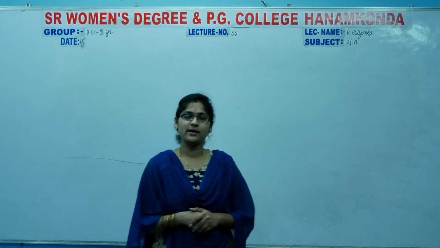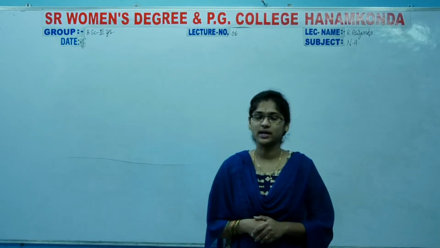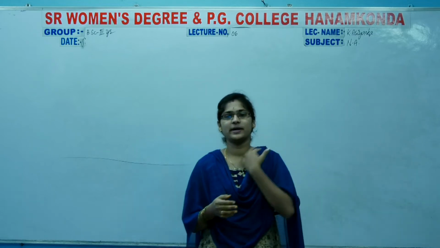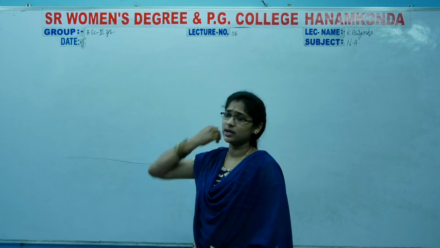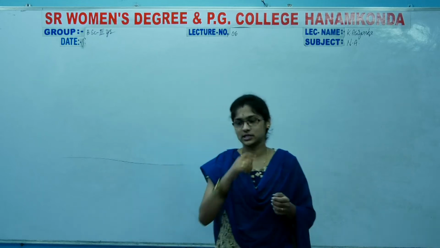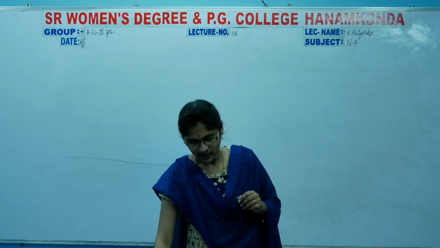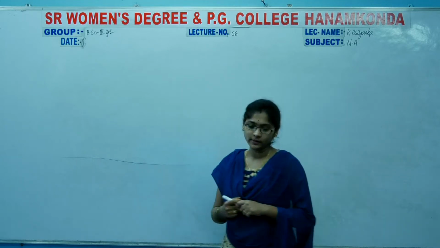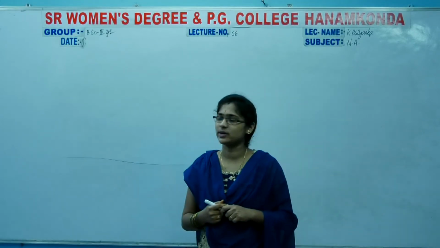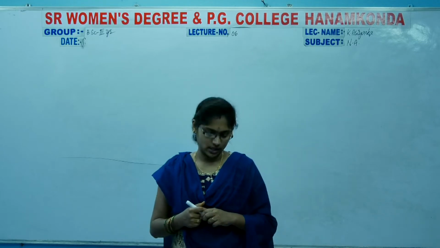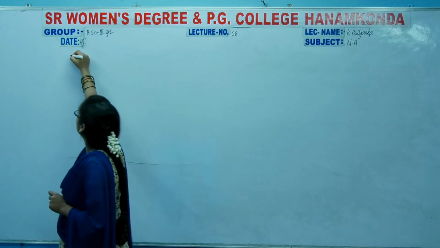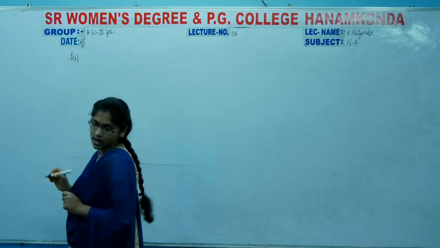I hope you listened to the previous class videos and you have some clarity about the bisection method, right? So now I am going to discuss a few more applications related to the bisection method. In the previous class we discussed one application, which is x cube minus 2x minus 5 equal to 0. Now write down one question: f of x